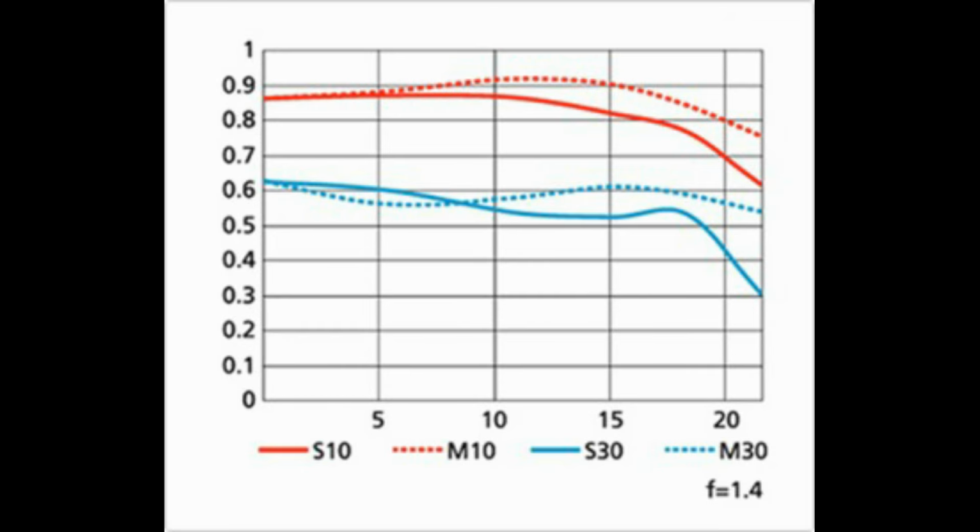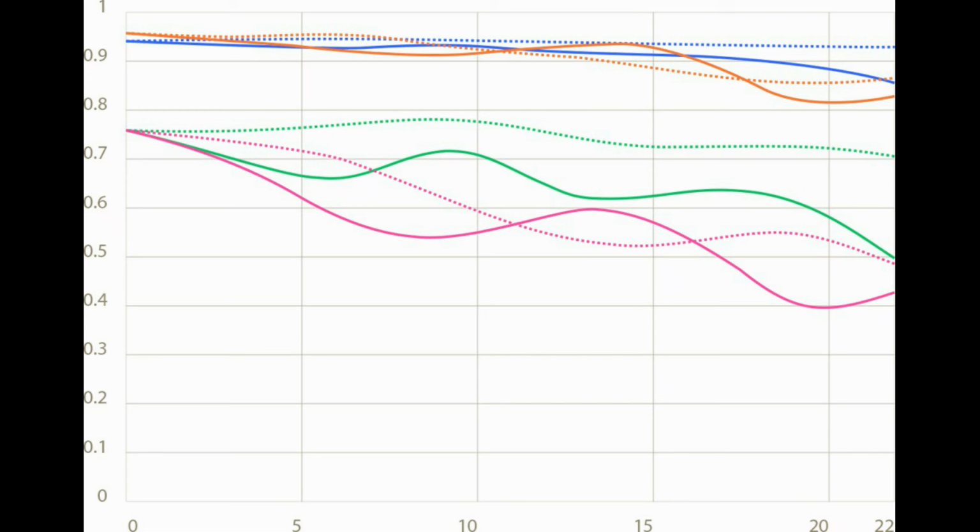The hierarchy between the gross contrast of larger surfaces and the contrast of small details will be preserved, and the image will look more natural to our eyes. The lenses I like the most have a low frequency contrast of around